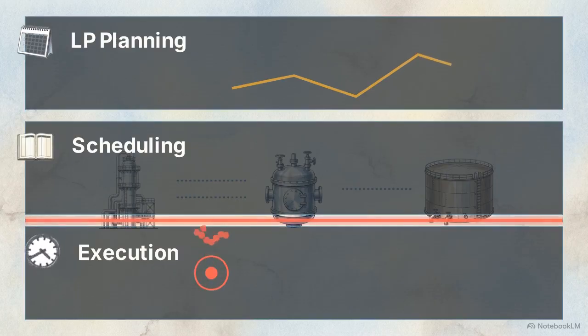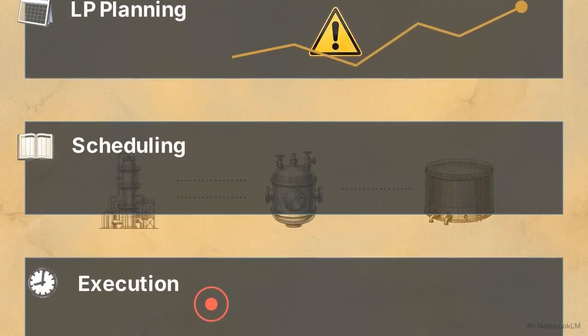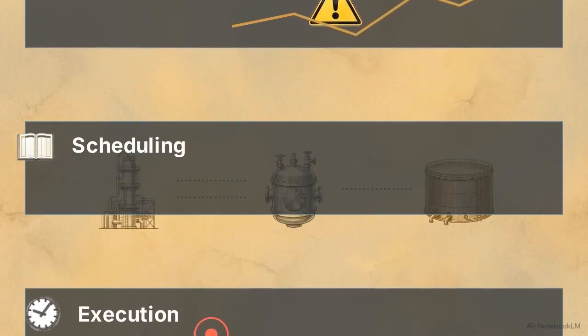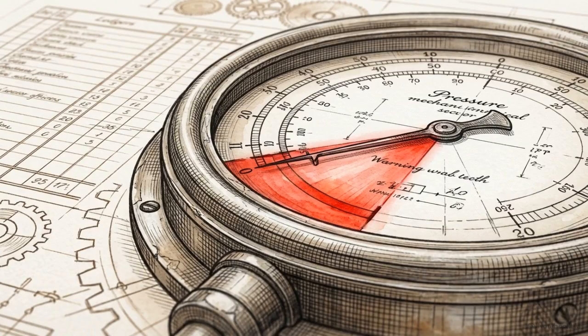When an operator at the execution layer alters a unit's temperature to handle a sudden pressure change, that data does not feed back up into the scheduling or planning math. The top layers continue operating on assumptions that are no longer true. When raw crude oil arrives with unexpected sulfur levels, the disconnected architecture prevents the facility from instantly recalibrating its schedules and targets to adapt to the physical reality. This delayed, fragmented decision-making results in what the industry calls hidden value leakage. Millions of dollars evaporate entirely because the facility cannot coordinate its response to real-world disruptions.